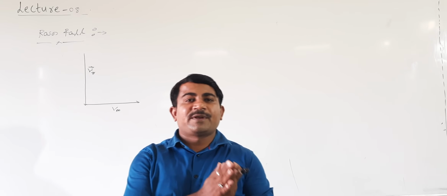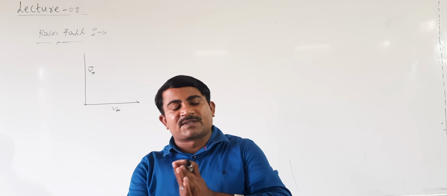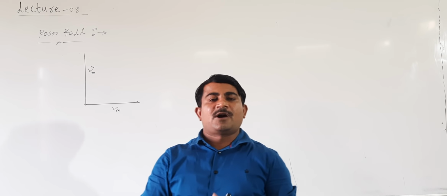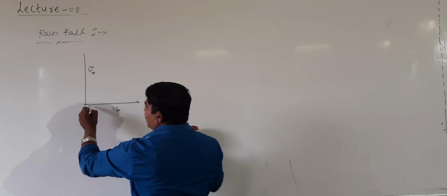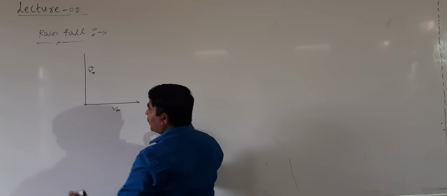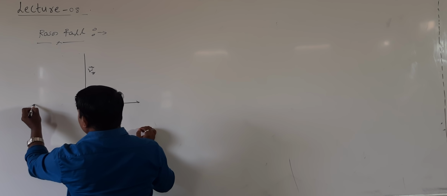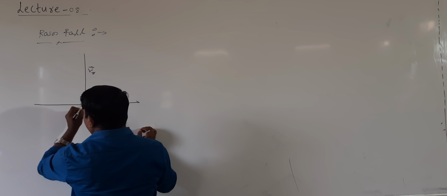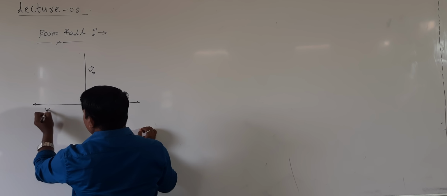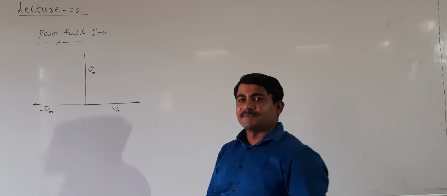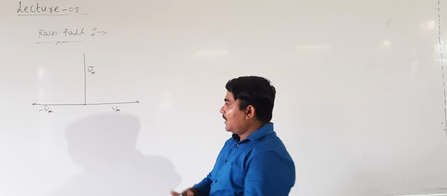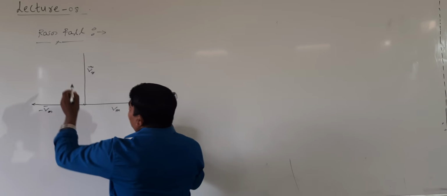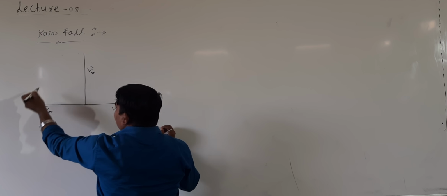Here, how to represent the relative velocity of rain with respect to man or with respect to person? See here, this velocity Vm, shall I produce it in the backward direction? Shall I take it like this? In this direction I can take. This is nothing but minus Vm. Right students? You can represent it like this. Now I can take the relative velocity of rain with respect to person.